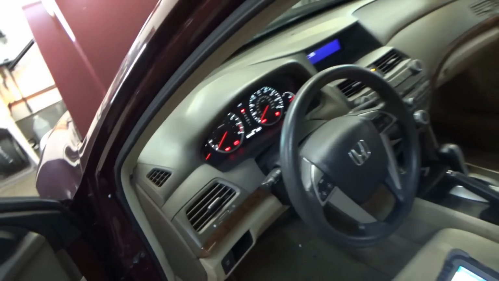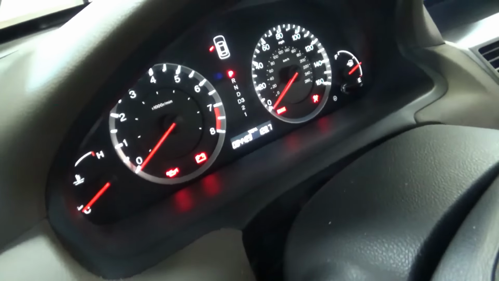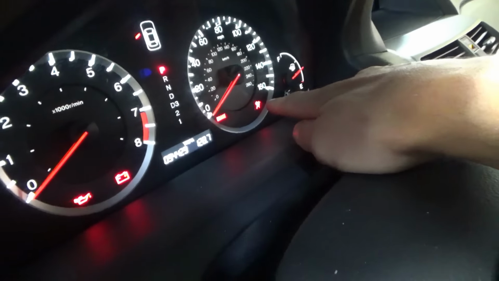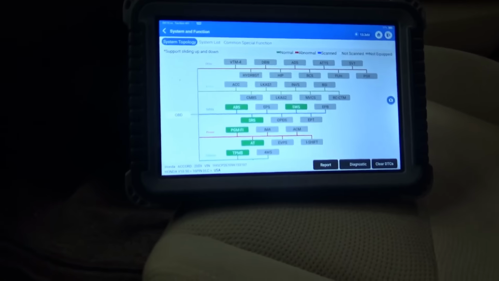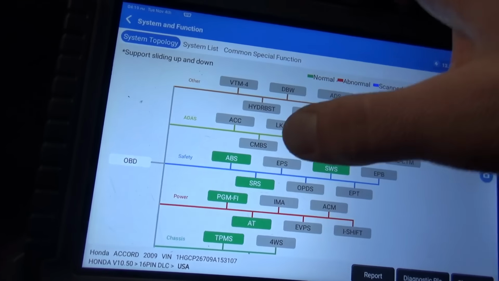It's a very clean car, only 94,000 miles. There's the airbag light, and it's on all the time. Customer said just one day he went to the store, came back out, started the car, airbag light's on, and it's been on ever since for a few weeks. So obviously we'll start with a code scan, and I'm surprised to see in the airbag module